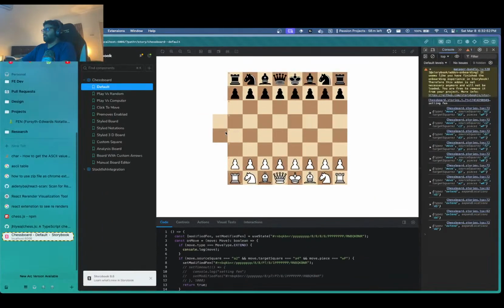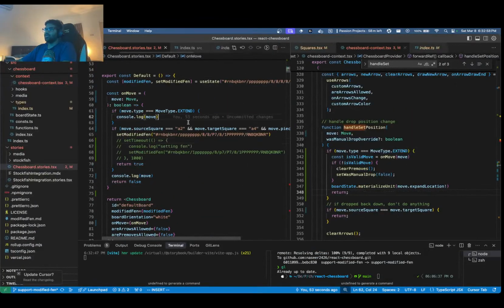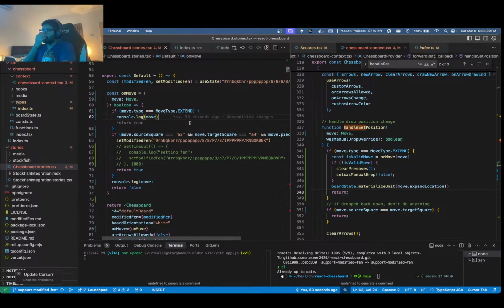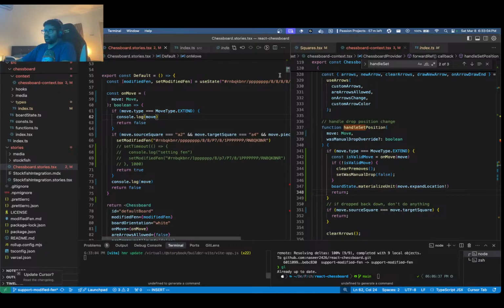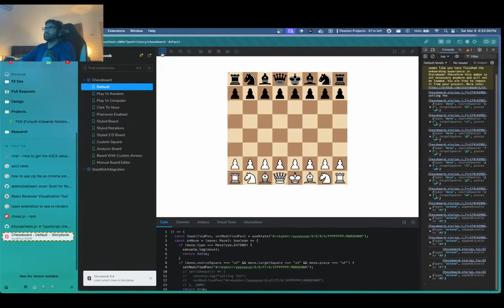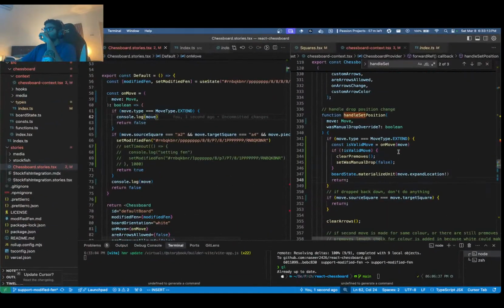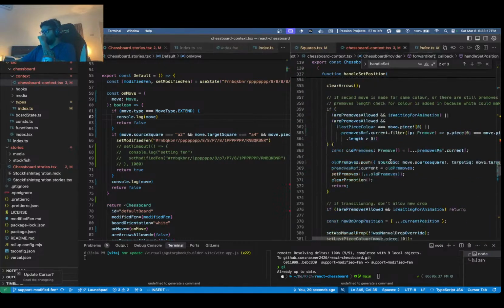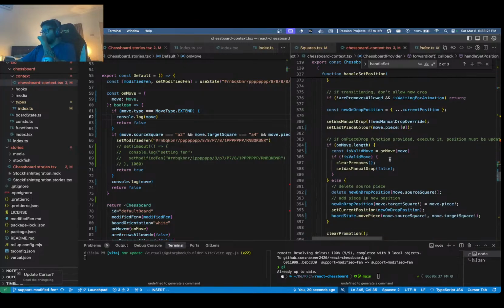So why are you working? You're not supposed to be working. Why is it a valid move? Oh, wait a second. Return false. Why are you working? I see. Are you returning after this? If not valid move,